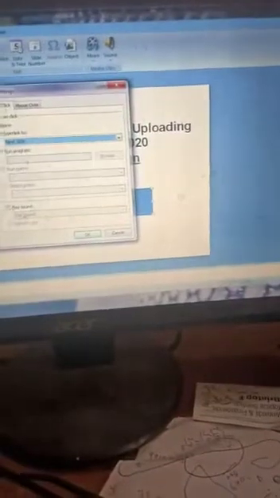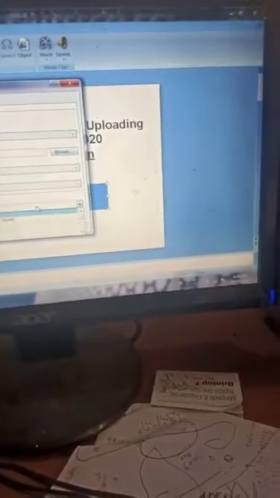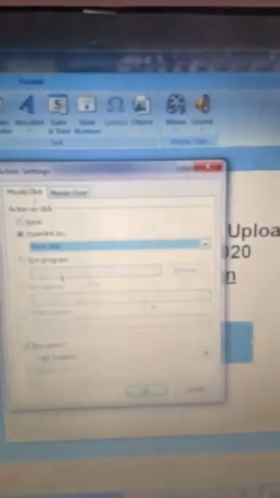Then I click on Next Slide, and then if you want to apply a sound or anything, you can run a program, any program. If you want to play a sound, then you have to click on Play sound. Okay, if you want to apply a sound, then you have to choose a sound from here. This sound you want, then you easily select it, and Hyperlink to Next Slide, then you click on OK.